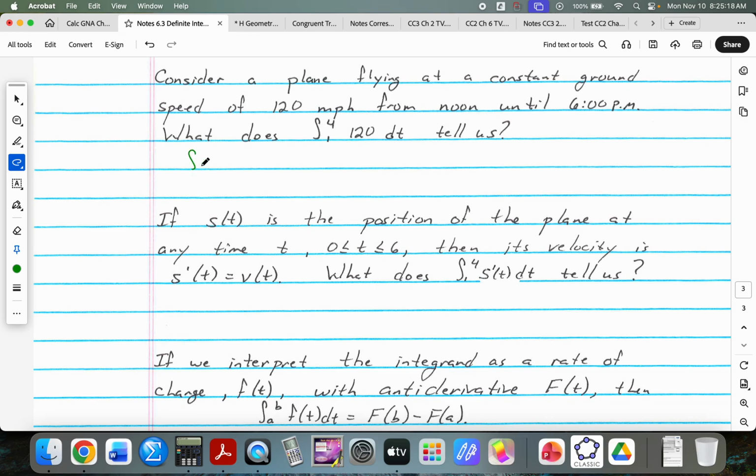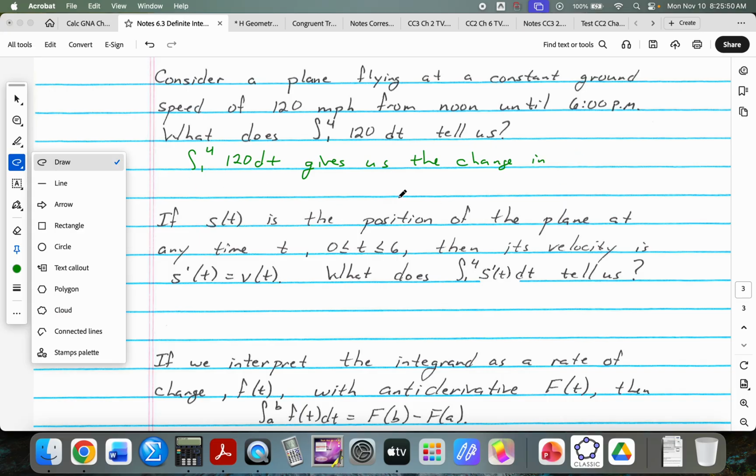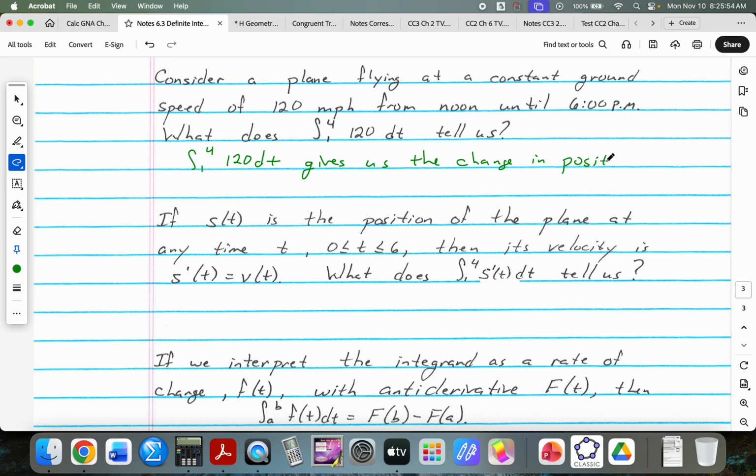So the integral from 1 to 4 of 120 dt gives us the change in position of the plane measured in miles, always important that you give the units,